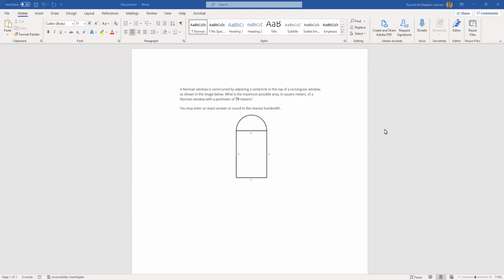Hello, everyone. Let's talk about this optimization problem that has a Norman window. And that's going to still run just like the activity question. But the problem here is that we have a mix of geometry. So we have a half circle and a kind of a rectangle. And we're asked to find the maximum possible area, given the restriction for whatever metal or steel they use,